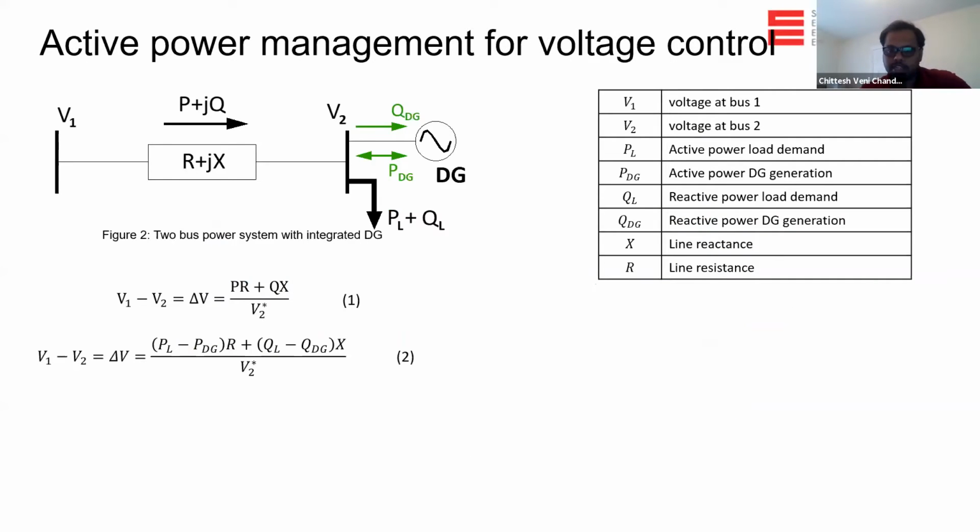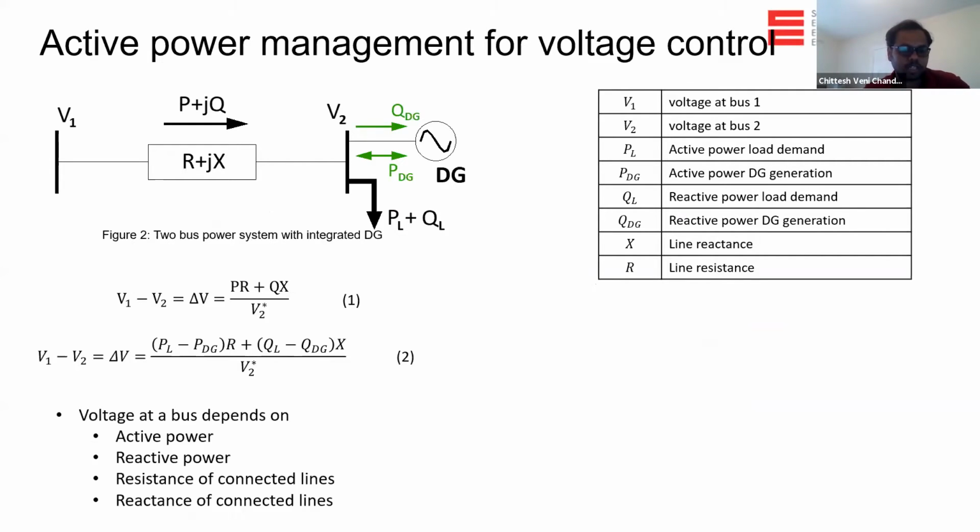So this is a simple idea here. We know the voltage of the receiving bus, or the second bus, depends on the resistance and the reactance of the network, and we know already that the resistance in the distribution network is much more than the reactance. The component associated with the resistance is the active power, so we are utilizing the active power curtailment method to control the voltage at the end of the feeder. We are not bothered much to regulate the reactive power here.